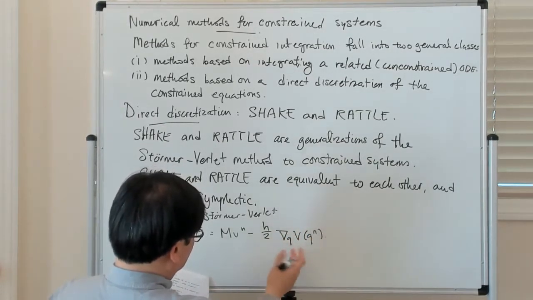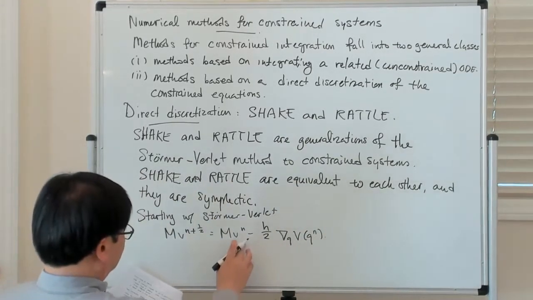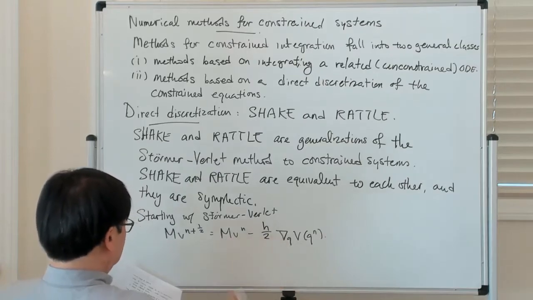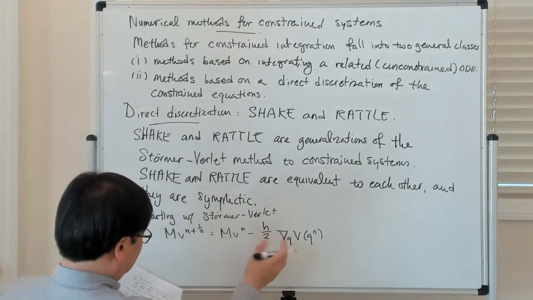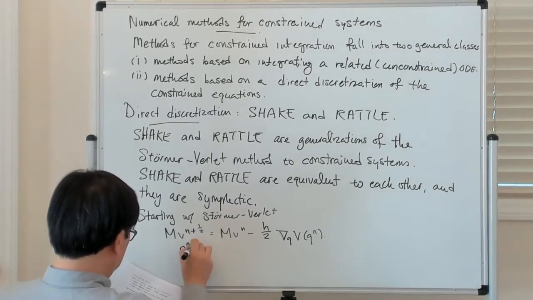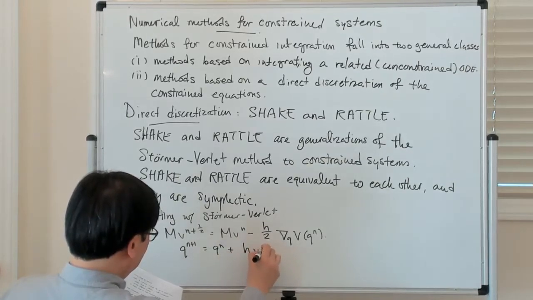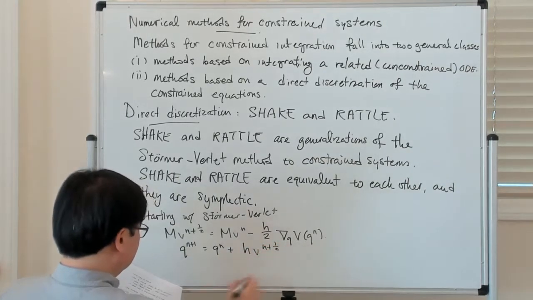So this is essentially like a half Euler step. Then q^{n+1} is equal to q^n plus h times v at n plus half, and then